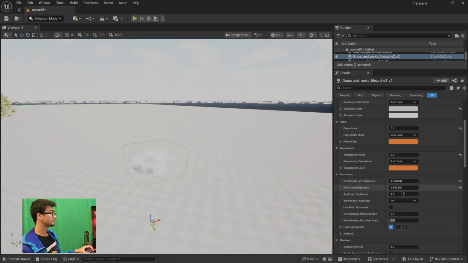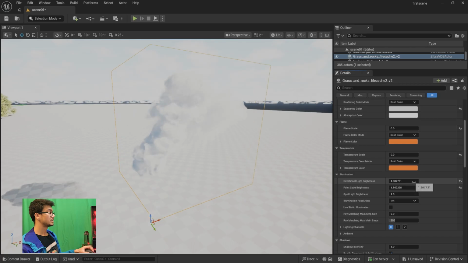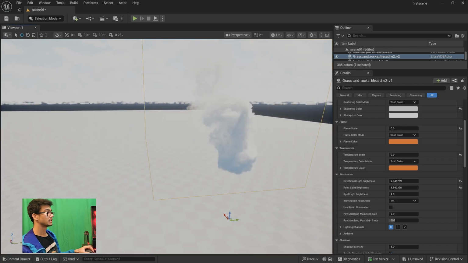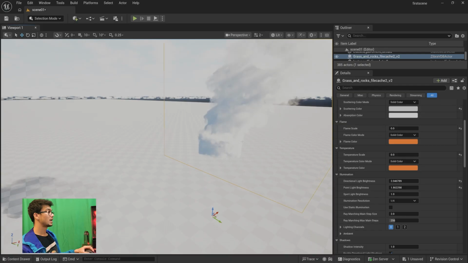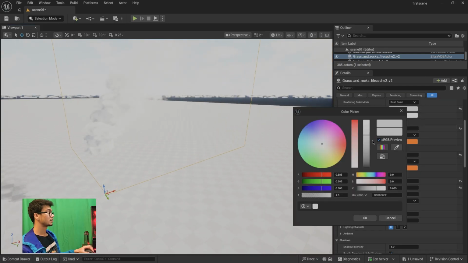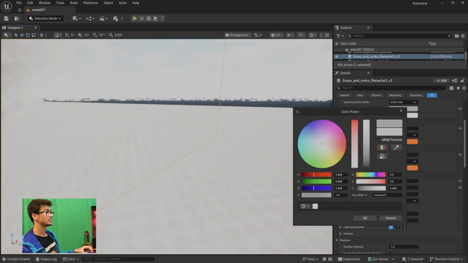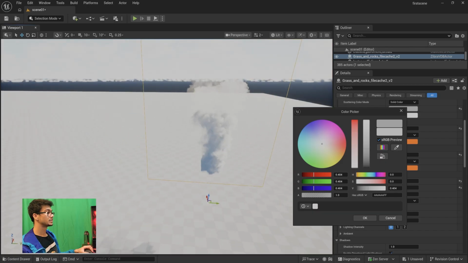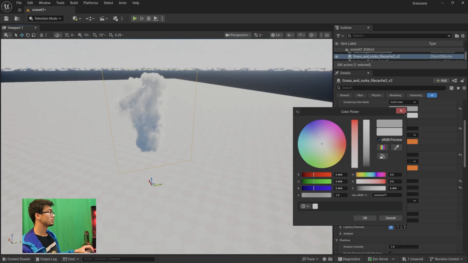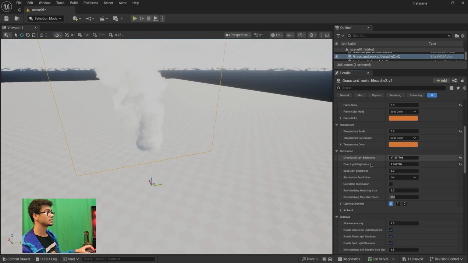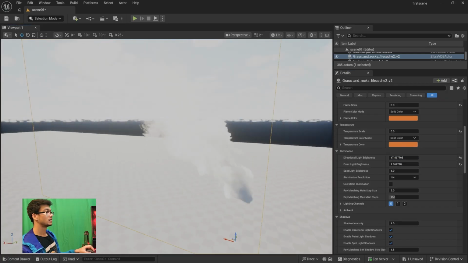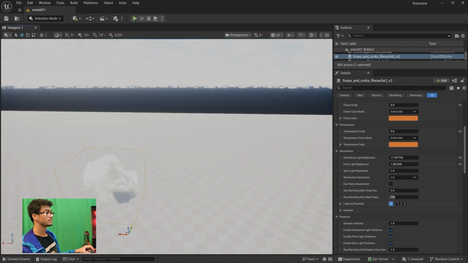Or I can decrease the directional light brightness, and you will have something like this. If you want chimney smoke, I suggest you decrease its color, make this a bit grayish, so you will see something like this. But for the directional light brightness, you can increase this and it will be like chimney smoke or something